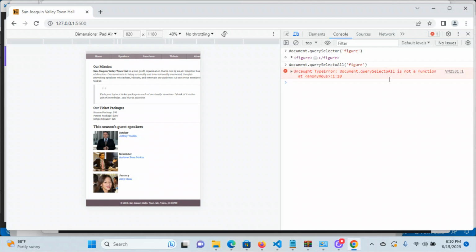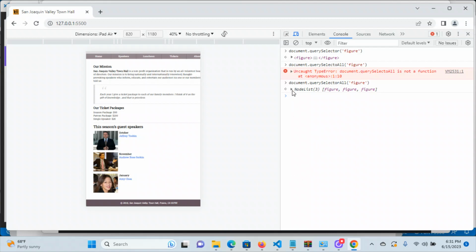Oh, I misspelled it. So arrow up and add another R there. There we go. And now it's returning 3 figures. This is in a node list, which is a kind of collection. There are node lists, HTML collections, in addition to your more familiar friends of arrays and objects and so on. JavaScript has some cool collections that don't exist in all programming languages, like sets and maps and node lists and